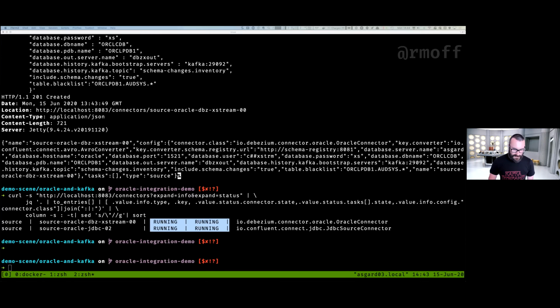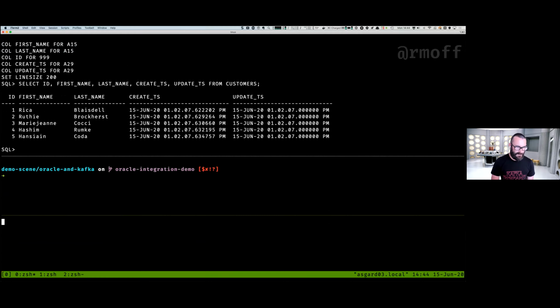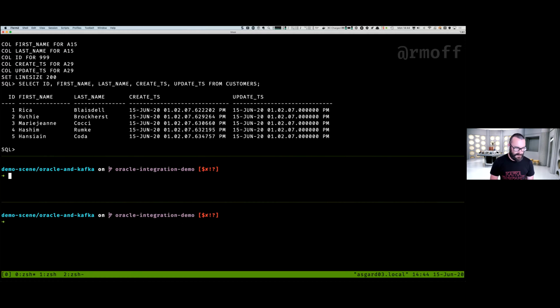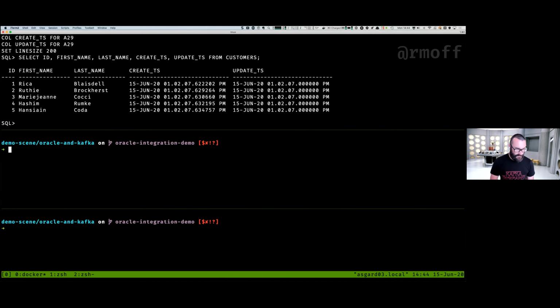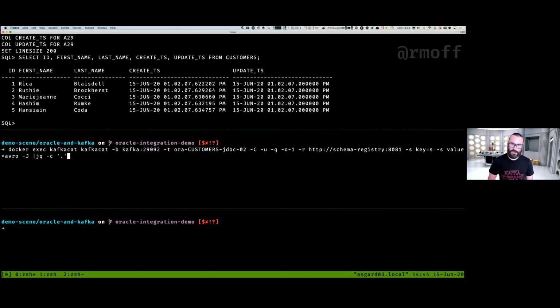Now, let's actually see the information that the connectors have brought across for us. So I'm going to head back to my first screen here. I'm going to split it and open myself two more windows like this, if I can get tmux to behave. And in the first one, we're going to look at data which comes through from the JDBC source connector. So this is using a tool called kafkacat. It's just a Kafka producer and consumer command line tool. It's fantastic. If you're using Kafka, go and use kafkacat. It's really, really good. You'll find it useful, whatever you're doing.